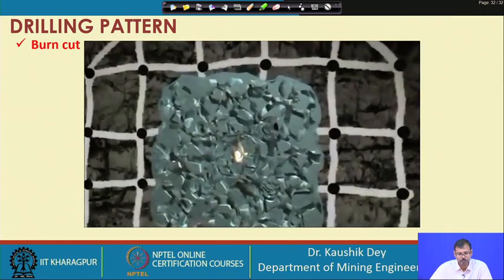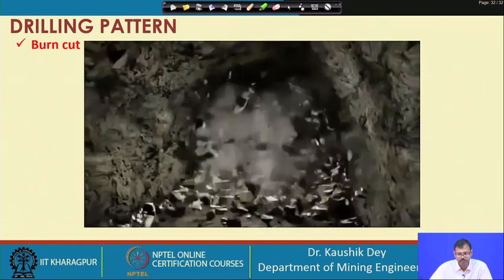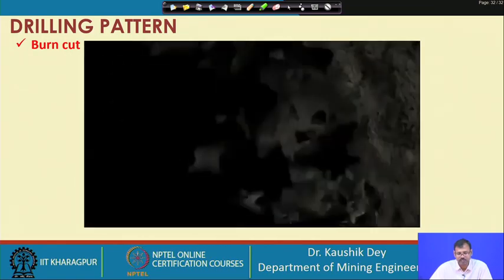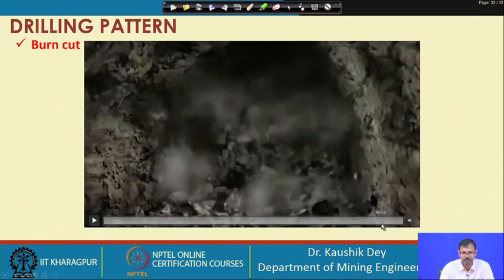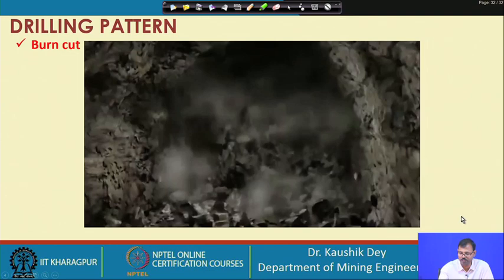So, the moment explosive is exploded, first the central portion of the rock is dispersed, fragmented, because the empty holes are basically acting as the free face to the first hole.